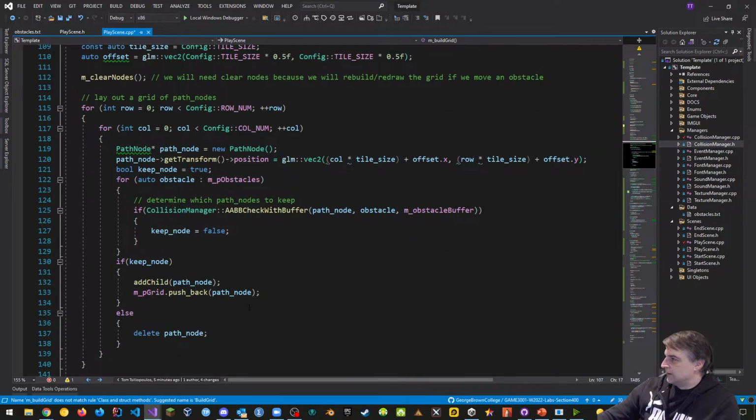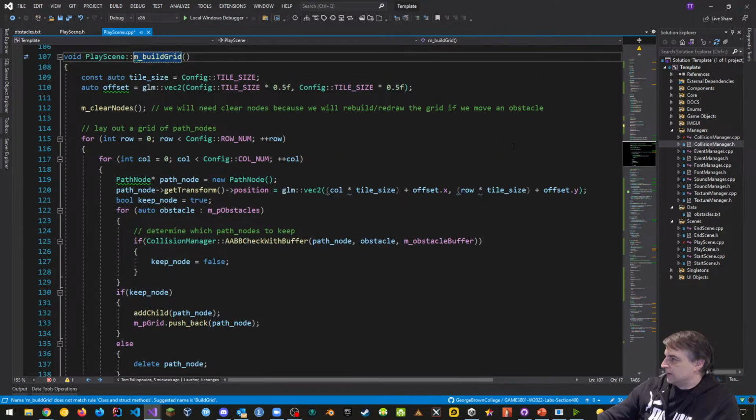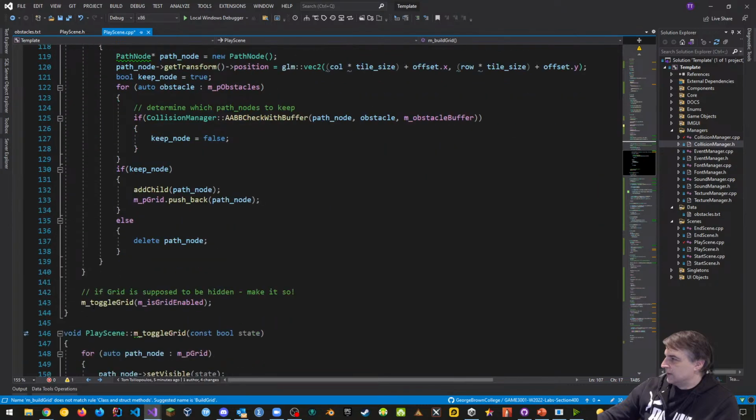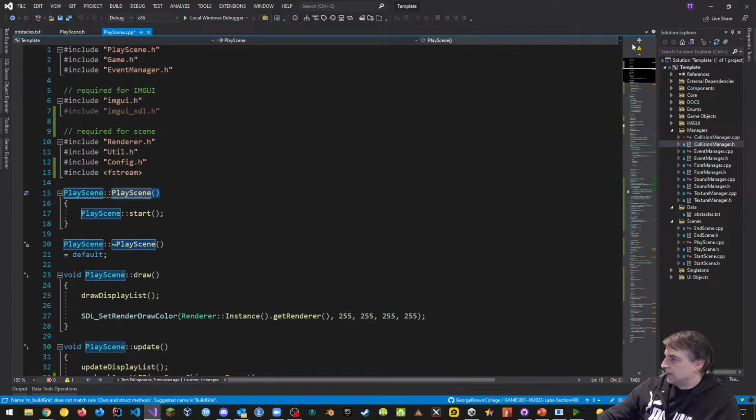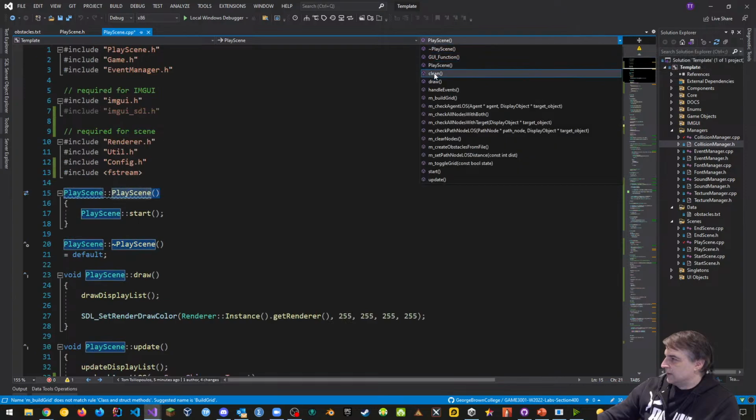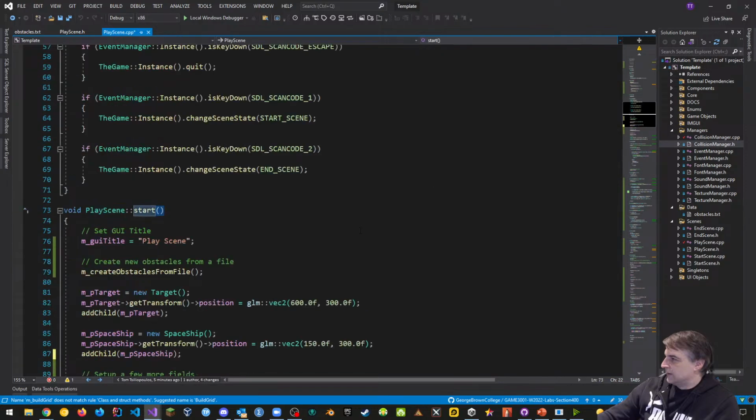Okay, and that's okay because the way that it's layered right now, it's okay. But how about the target, right, as an example, or the ship? There's nothing in here that has anything to do with the target or the ship, right? We do toggle grid, so that is something that we need to do. But at the end of the day, there's nothing else. Let's see if we can move this around to see. Let's go back to the start scene again.